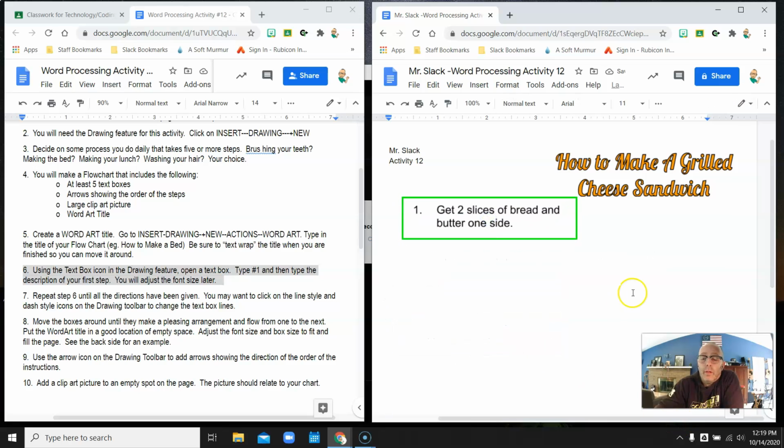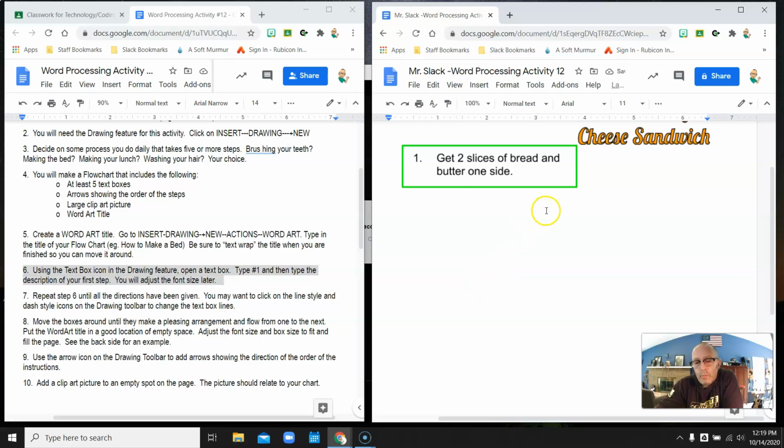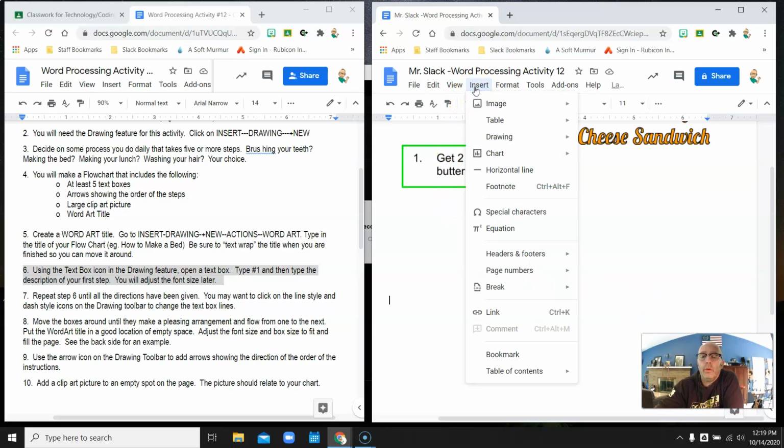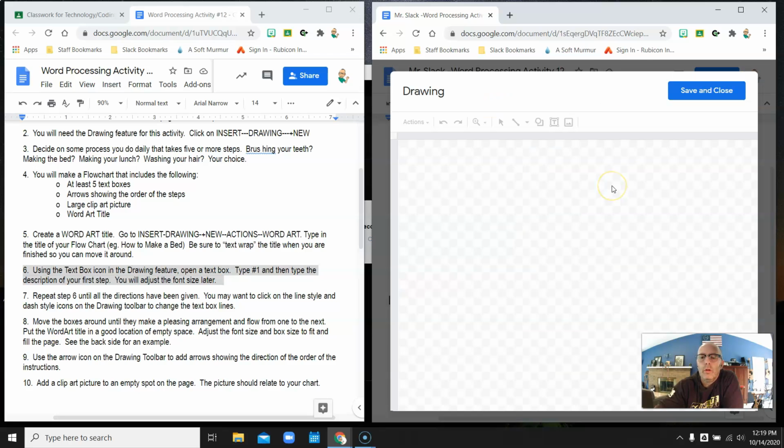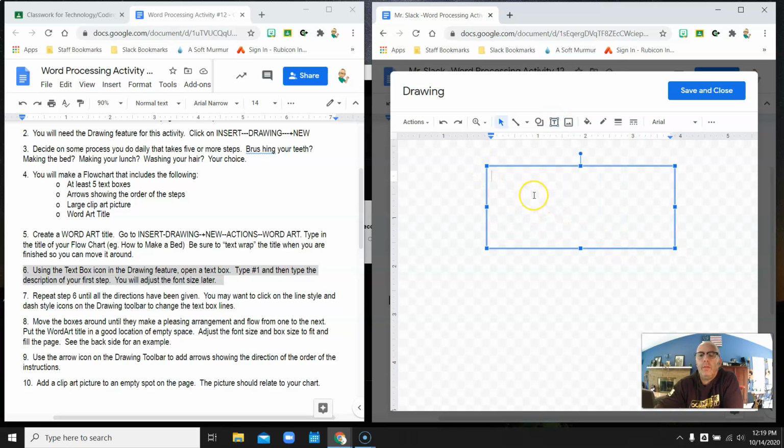All right. So the next step is box 2. Now you remember you have to have at least 5 of these, but I'm only going to make 2 because I'm demonstrating. So I'm going to create one more text box. So I go back up to Insert, Drawing, New. And I'm going to create another text box. And this is step number 2, right? So I'm going to put a 2. Step 2,